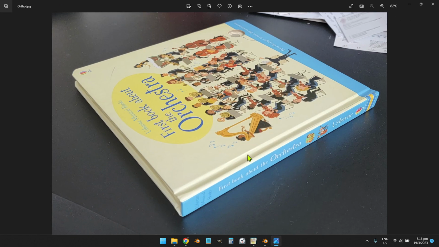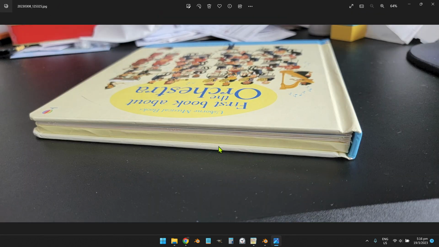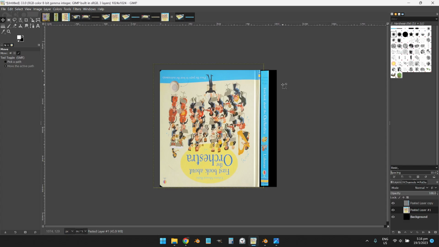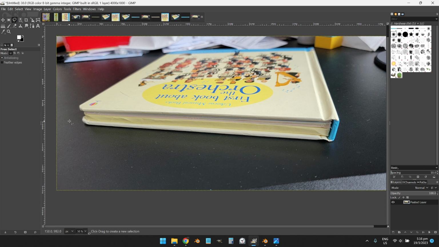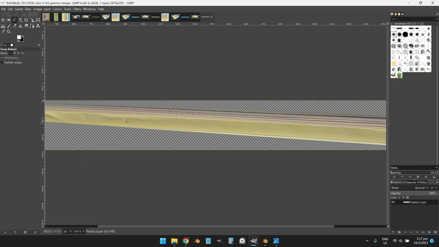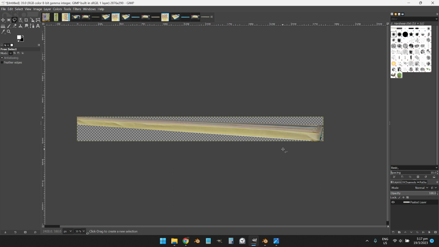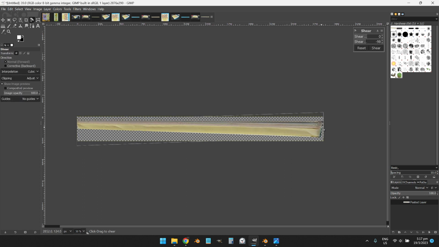And lastly, we will go and retrieve the pages. Same thing, I'll copy it, go back to GIMP, Control Shift V to create from clipboard, free select tool, extract the pages, copy, Control Shift V again, Shift H for shear,